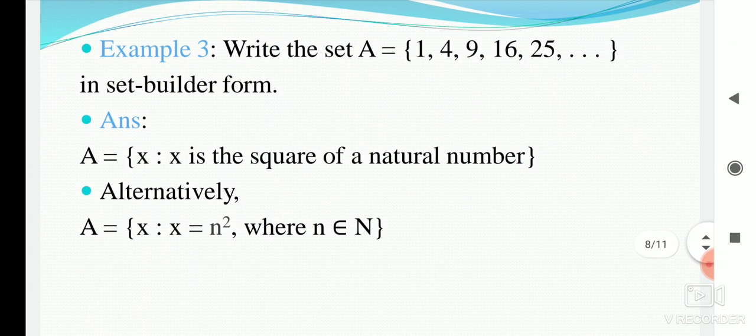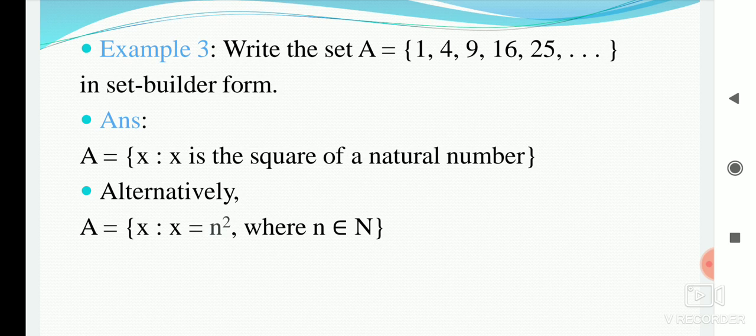Now the third example. There are only around 5 examples, after that you can solve the first exercise on your own. This is the simplest exercise. By using these 5 examples you can solve that exercise on your own. Probably we won't be taking that exercise, because some examples you have to solve on your own, then only you will be able to learn. If you have any doubts you can always put those in the comment section, or you can send us an email. We will try to reply as soon as possible. Okay friends,